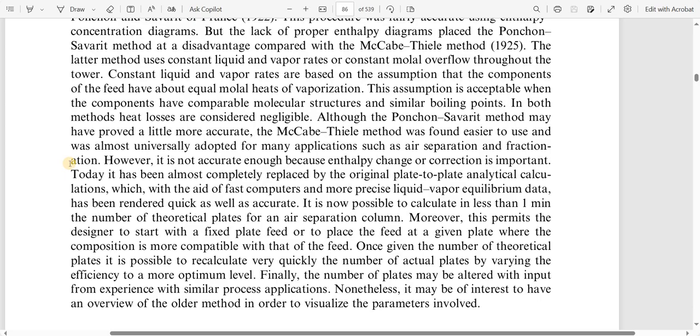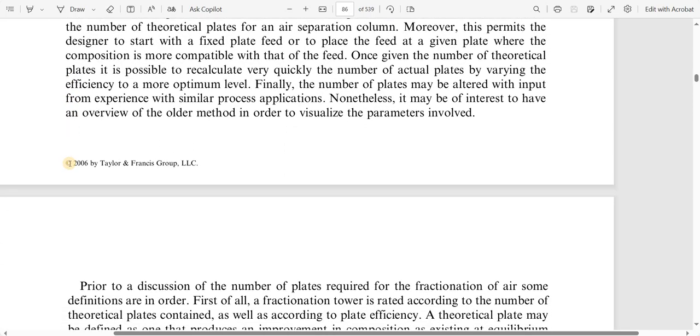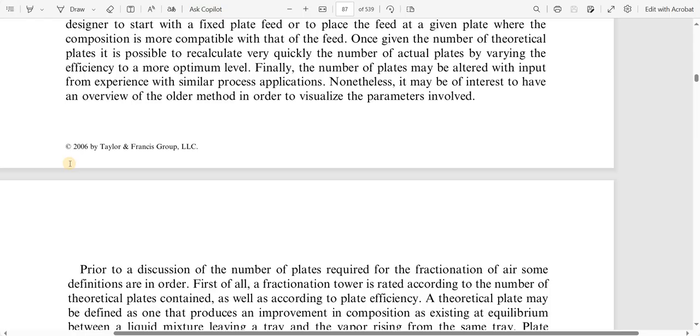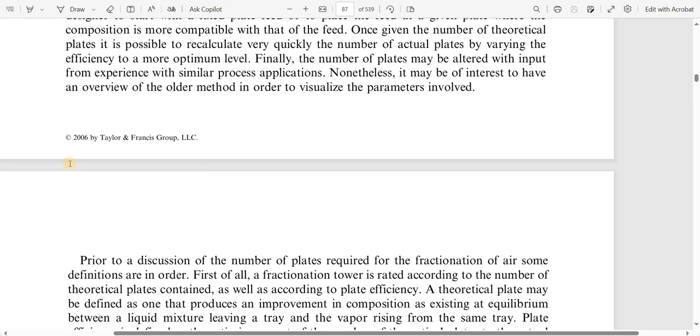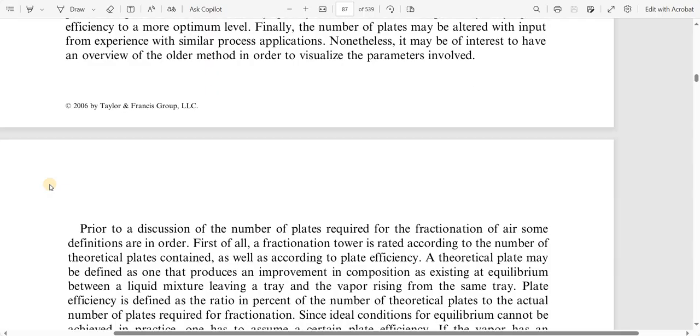Once given the number of theoretical plates, it is possible to recalculate very quickly the number of actual plates by varying the efficiency to a more optimum level. Finally, the number of plates may be altered with input from experience with similar process applications. Nonetheless, it may be of interest to have an overview of the older method in order to visualize the parameters